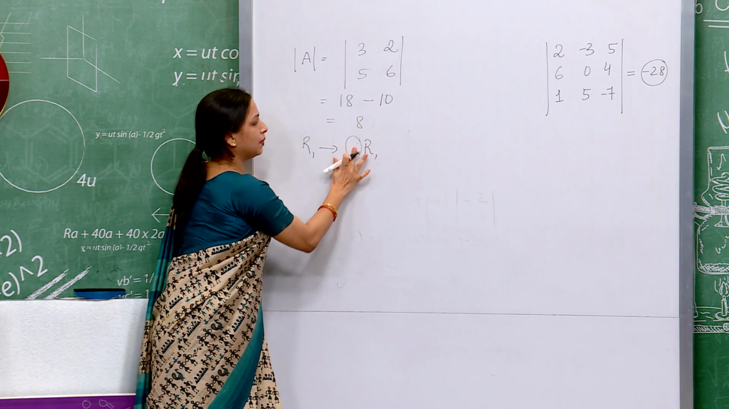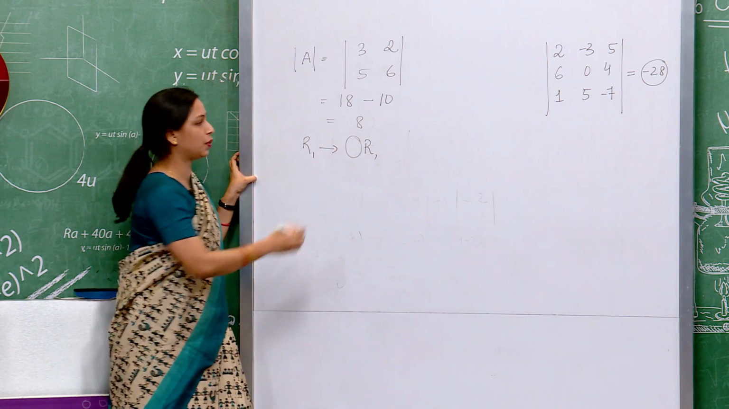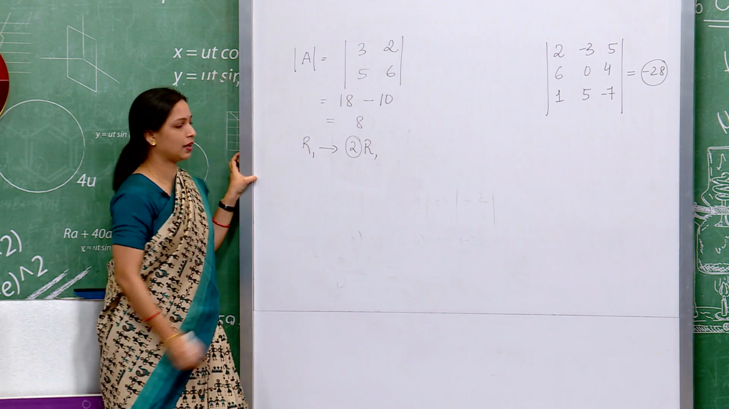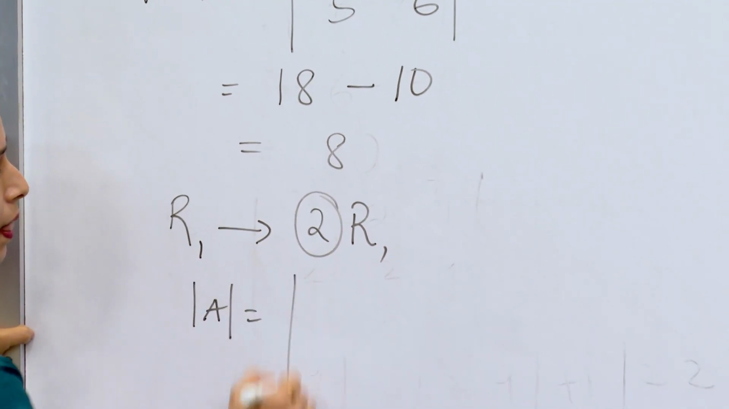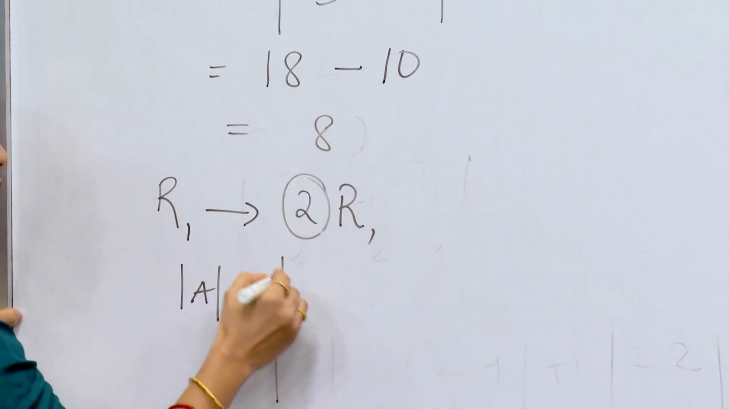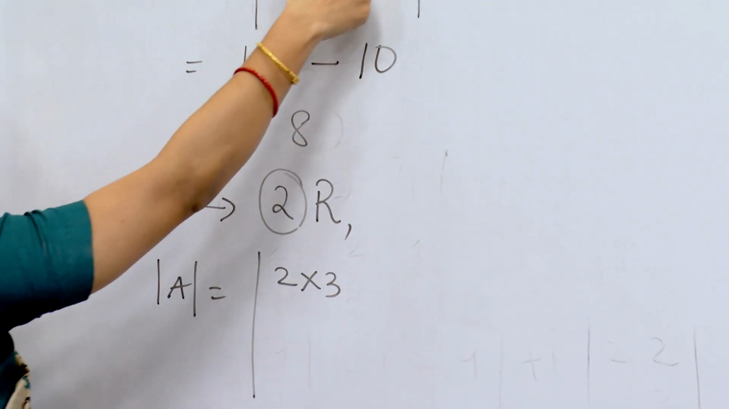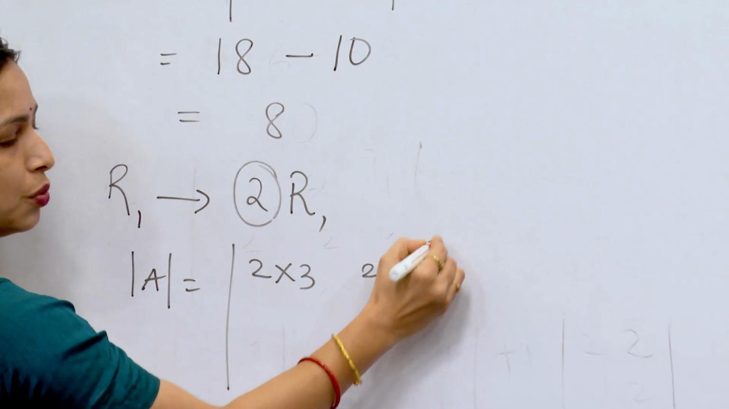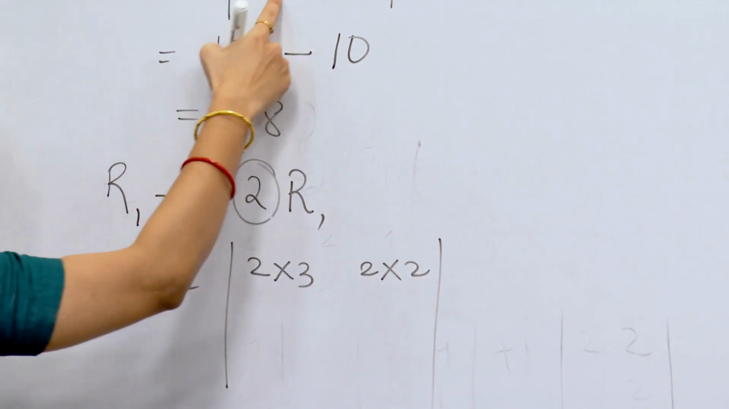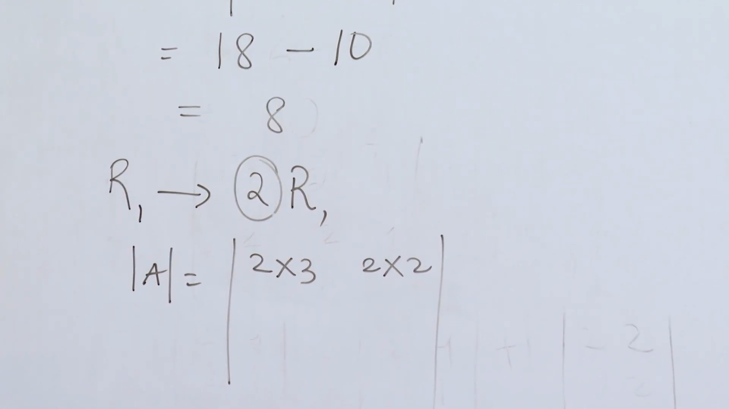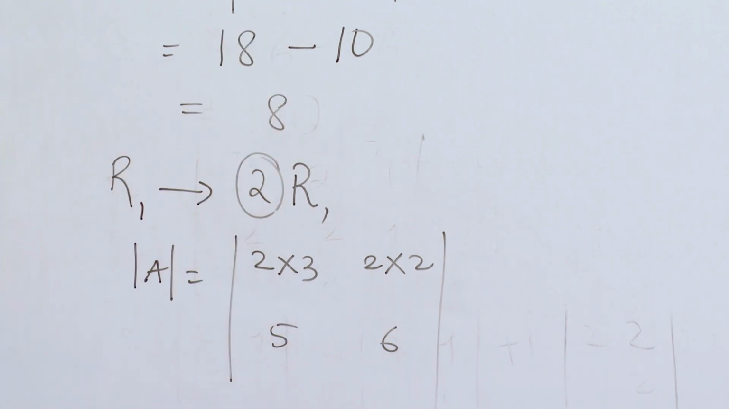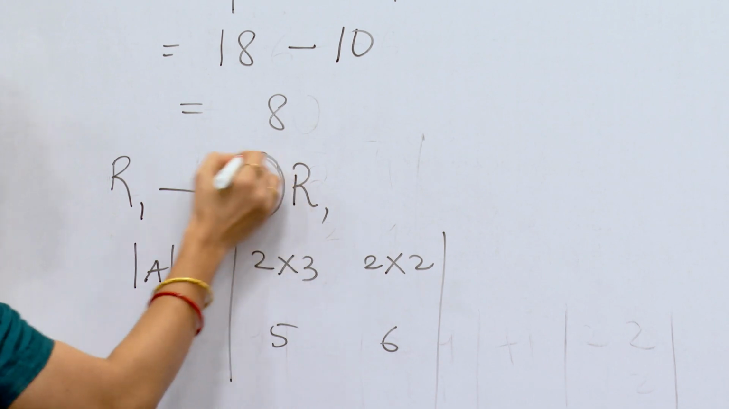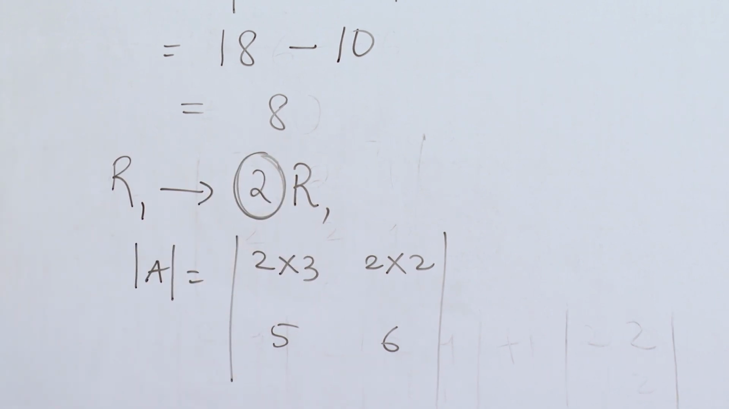Let us say I am multiplying row 1 elements with 2, right. So now the new determinant will be 2 R1 elements. So 2 into 3, again 2, 2 into 2, right. Same row 1 will be the same, right. So, 5 and 6. Remember, whenever you are multiplying the constant, you must multiply it with a single row or